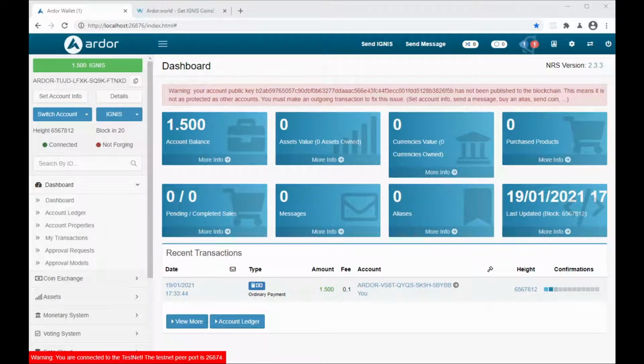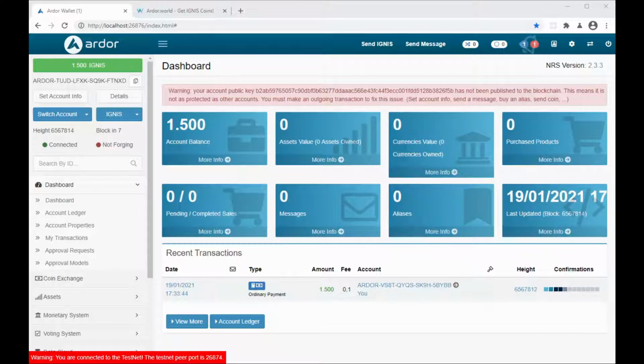So it's finally bundled, so it's included in the last block, and I already have this Ignis. So I now have this warning which is related to some internals about accounts. So you can, for now, just ignore it. An easy way to remove this is just to create any transaction on the blockchain.